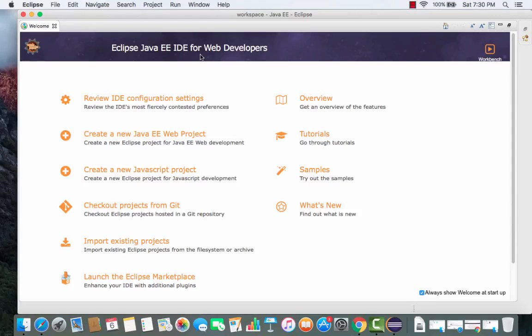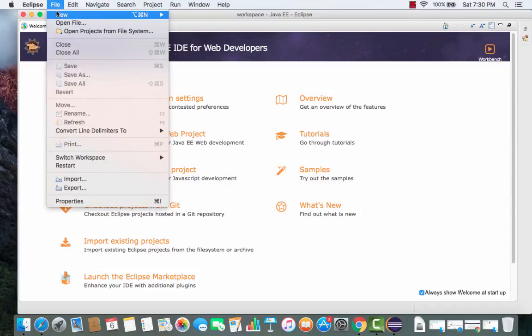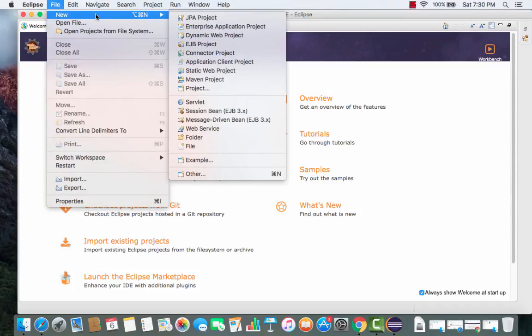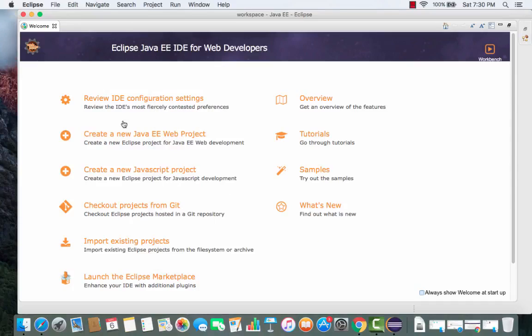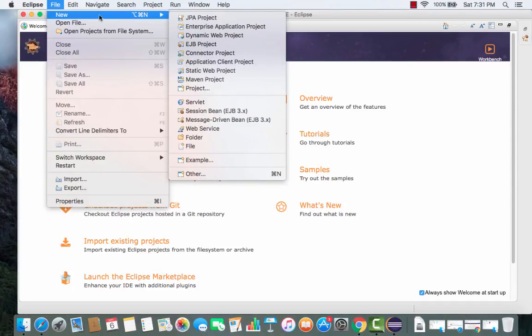So what I'm going to do is go to the File option in Eclipse. So just click the File option, and then go to New. So just click New, and you will be able to see different kinds of projects here, like JPA projects and other kinds of projects. So I'm going to just click Project for now, and now you will be able to see this option. Okay, so once again I'm going to show you File and then New, and I have selected the Project option